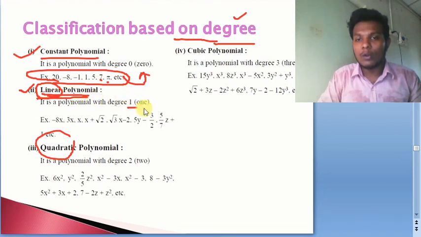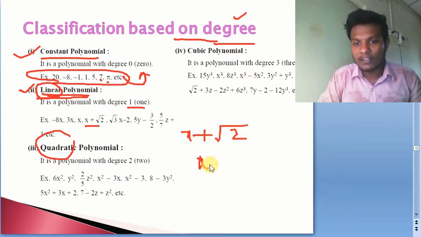The degree is going to be 1. Now see here, x plus root 2. Some of you might think that this root 2 means x plus 2 power 1 by 2, where the power is not a whole number so it is not a polynomial. But keep in mind, the powers of the variables should be whole numbers. Whatever the constant is, that is immaterial. You can take the 8th root, 9th root, whatever, it is immaterial. For the power here, it is 1, a whole number. Don't focus on the constant.